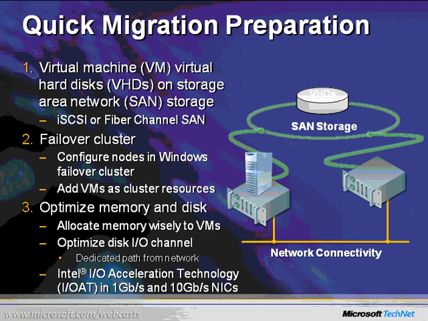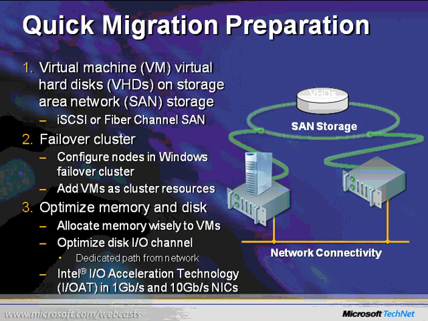So to give you an idea of the preparation involved for setting up and preparing for quick migration, we have the virtual machines and their associated virtual hard disk files stored on a storage area network, external storage, commonly an iSCSI or Fibre Channel SAN. We implement failover clustering and configure each of the hosts as a node in that failover cluster. And then with Windows Server 2008 failover clustering, the Failover Cluster Manager allows us to pick our VMs and add